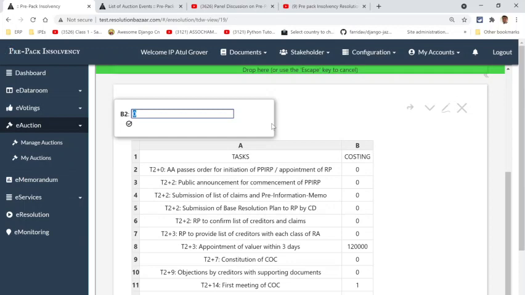Now this is a more intensive process. I don't think an IP would agree for 50,000 rupees. He would definitely look for more, and we could very easily be looking at 1 lakh rupees a month for the resolution professional for these 4 months. So we're looking at something like 4 lakh rupees here.